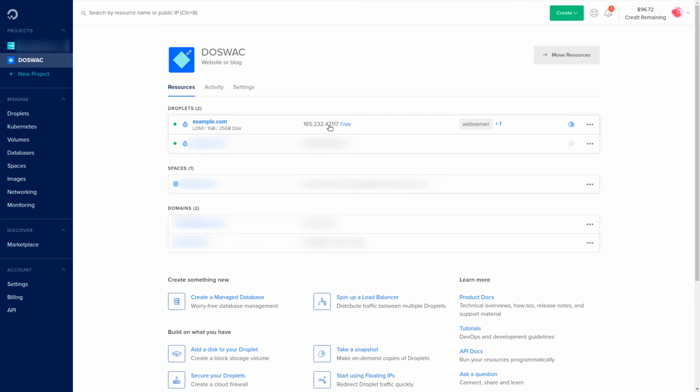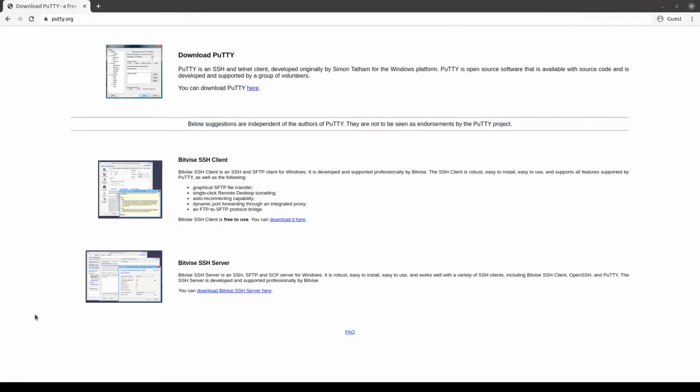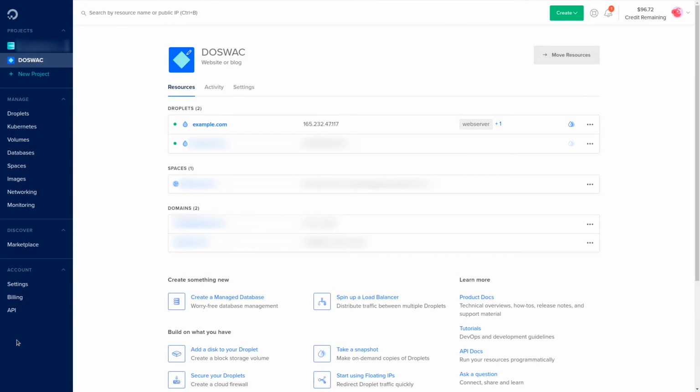If you are using Mac or Linux on your local machine, you can connect to the server by using the default terminal application available in Mac and Linux. But if you are using Windows, you can use PuTTY to connect to your server. I will create another tutorial on how to connect to your server using PuTTY in Windows in detail.